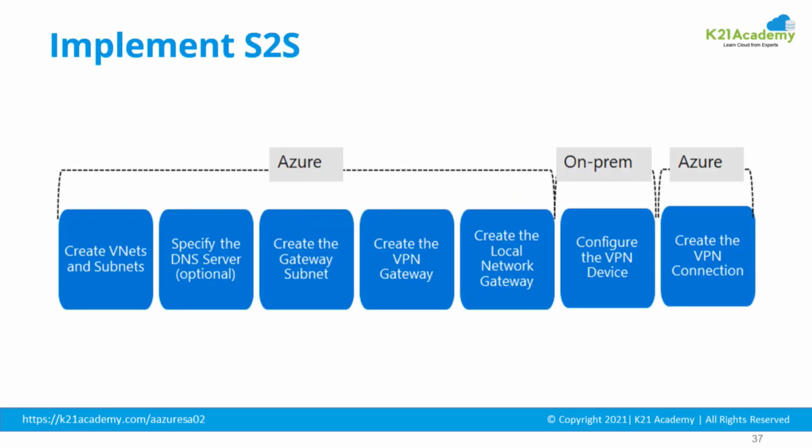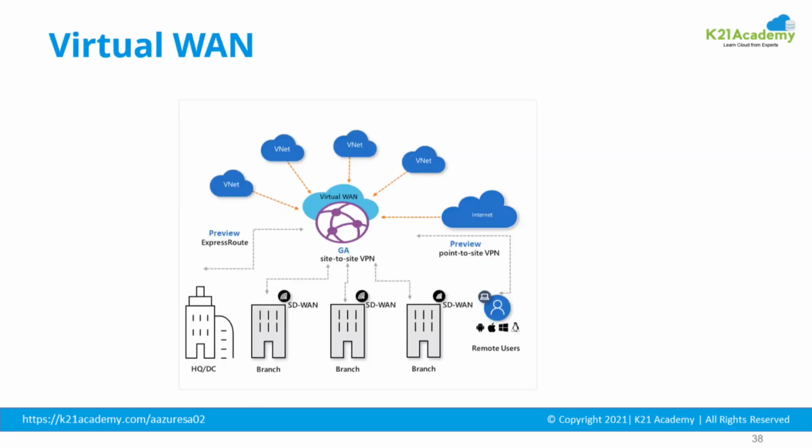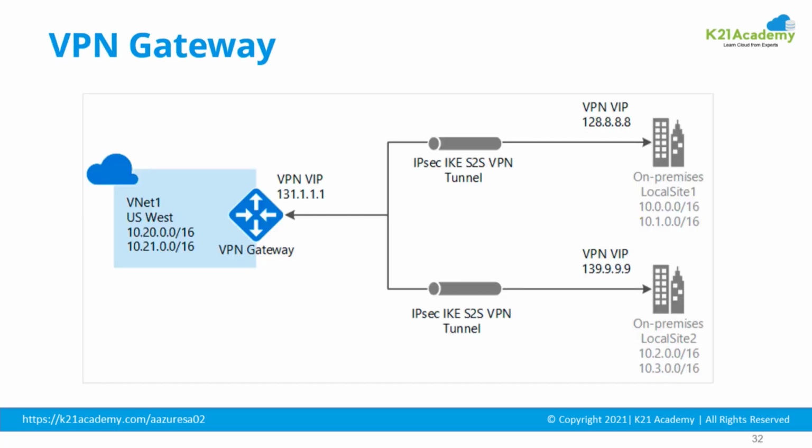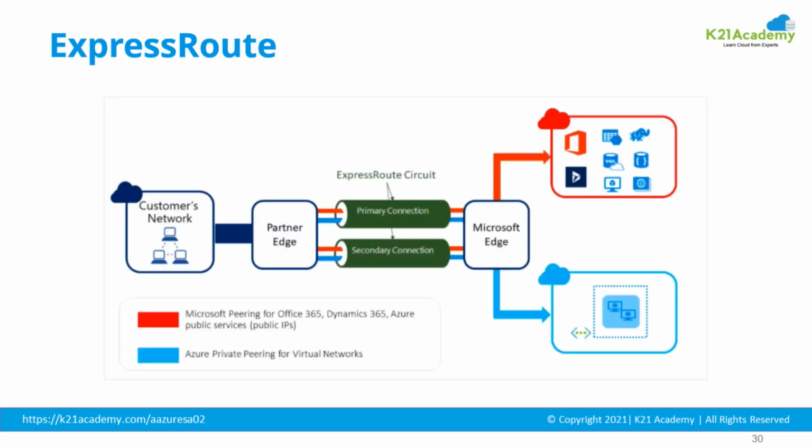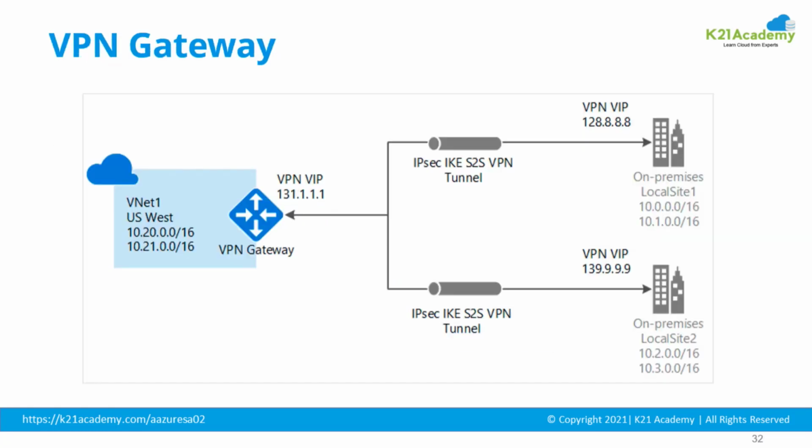And also a very high level overview about what all things are required in order to implement S2S. Just to recap, as I said in one of the previous lessons, ExpressRoute is to connect your Azure cloud network with the on-premise network or customer data center through a dedicated pipe. Whereas, as the name suggests, the virtual private network VPN gateway is also a connectivity, but that connectivity is over your internet on an IPsec VPN